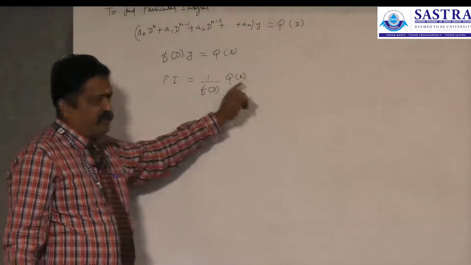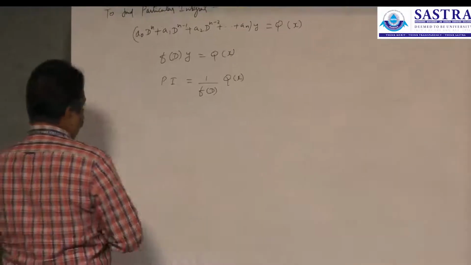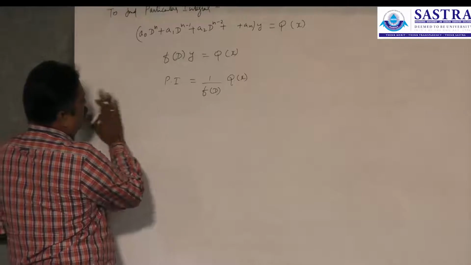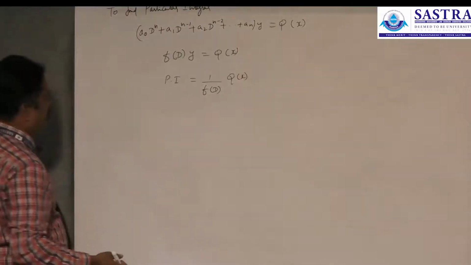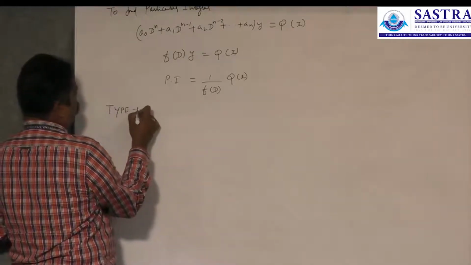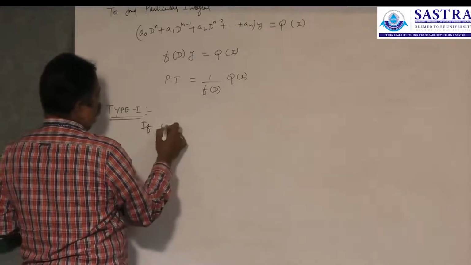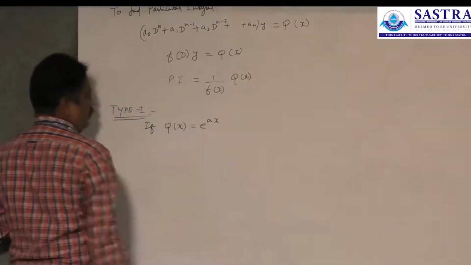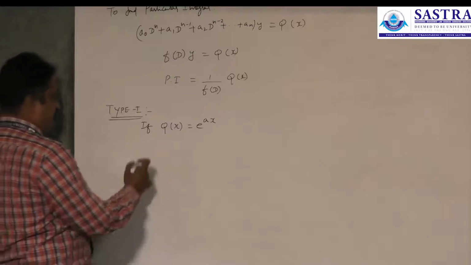Now, based on Q(x), we can get the particular integral. That is, for some special cases, we have a formula. First, type 1: if Q(x) is equal to e^(ax), then